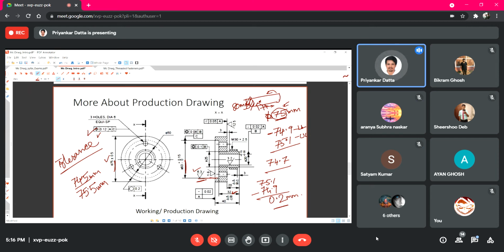So these topics of tolerance, limits and fits will be taught to you at a later stage in your metrology class. I just introduced it because if you join a company and work in the production shop or production line, you have to read this kind of production drawing, and check whether all the norms are followed while the operators are generating these components.